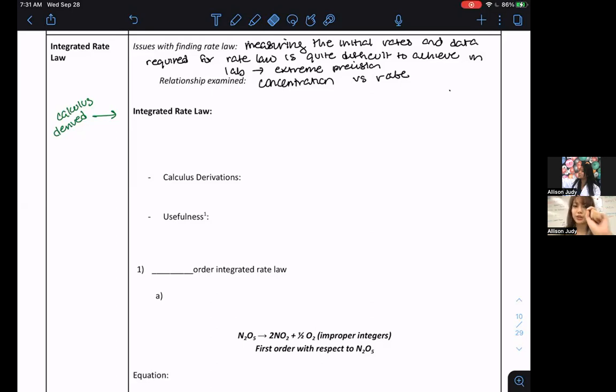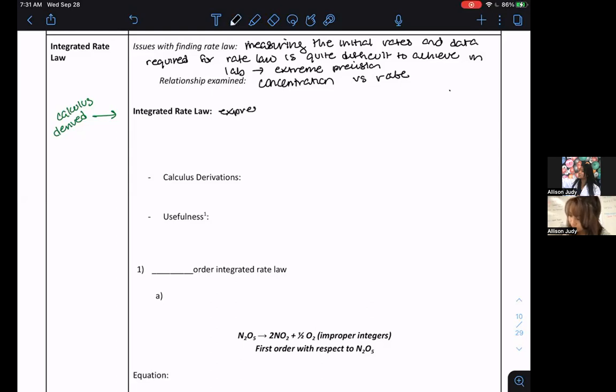But here's the problem, right? Chemistry has to be industrializable. It has to be money making. And when we talk about money making chemistry, we don't always want to know how concentration affects rate. That's not what we really want to know. What we really want to know is how concentration is connected to the time it takes. How long will it take me to produce this? So instead of figuring out concentration versus rate and then having to derive how much time it will take me to get to a certain amount of product, what the integrated rate law addresses